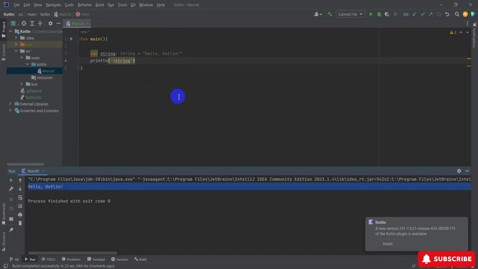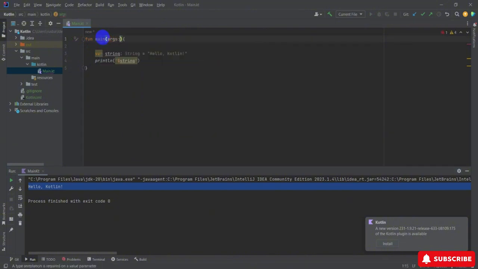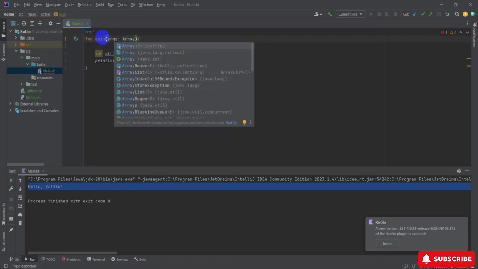Now I'm going to the next syntax, and here I use the entry point with a parameter. This is another form of the main function that accepts a variable number of string arguments, as follows. Here I'm simply modifying this code. Inside the fun main method, first of all I type args, the short form of arguments, then a colon, and then Array